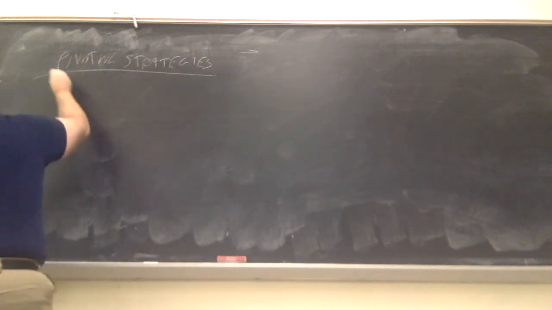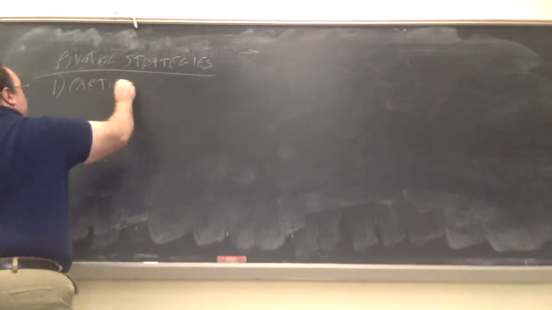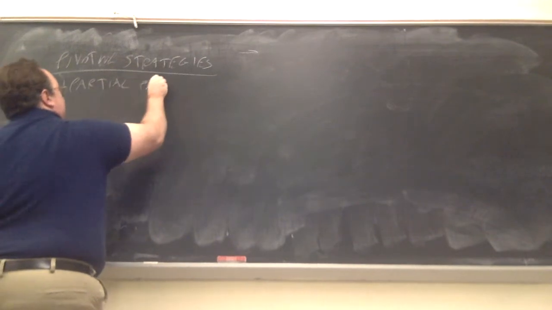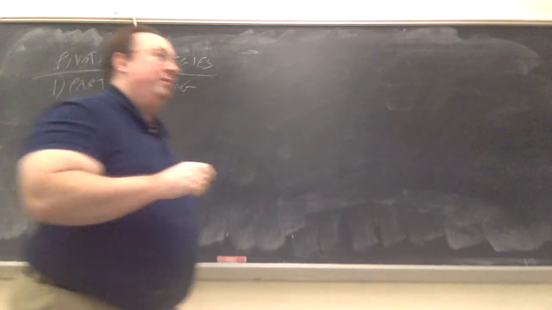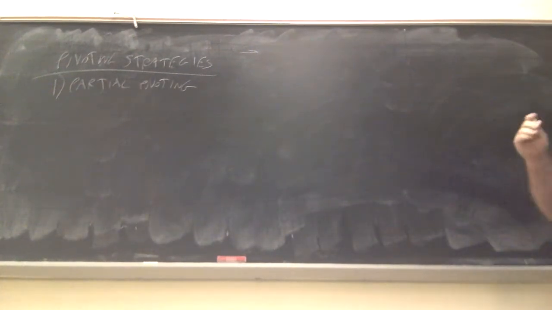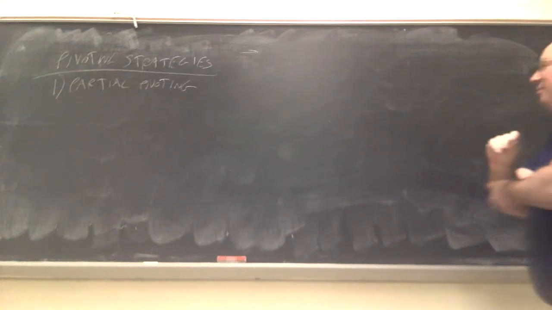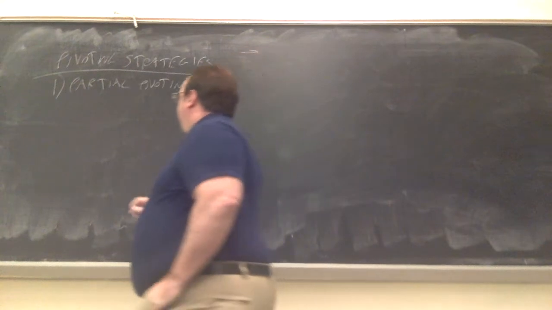So pivoting strategies. Most commonly used is called partial pivoting. And the thing is, there's partial pivoting and there's complete pivoting. When I describe partial pivoting, there will be nothing about it that will indicate why it's called partial until I describe complete. So the idea behind partial pivoting is